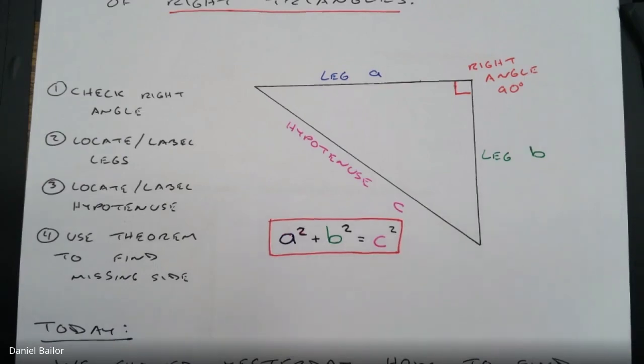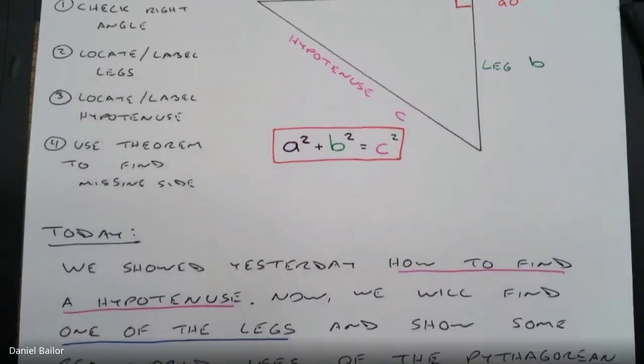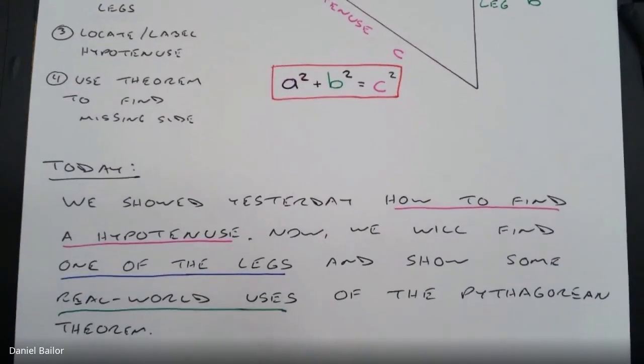And so for today, we showed yesterday how to find a hypotenuse. Yesterday they gave us the two legs, and we used the two legs and the Pythagorean theorem to find the hypotenuse. The hypotenuse was missing. Now we will find one of the legs. So today they'll give us one leg and the hypotenuse, and we'll have to find the other leg,